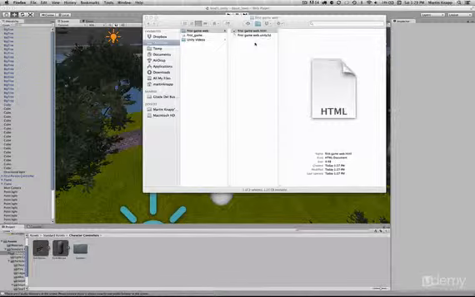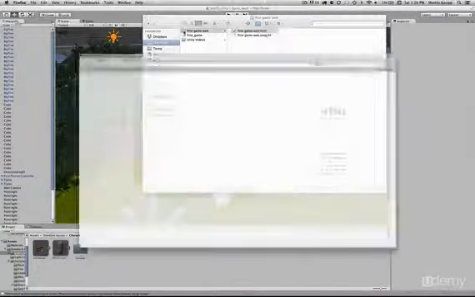So again, this whole series isn't about web development or web design, but I just wanted to take you through the steps between these two methods because you're really going to be sharing your games through either this first method or this second method. So I'm going to give you a little bit of knowledge on uploading files to the web in case you're not familiar with hosting them. The first thing you need to know is, do you have a server somewhere on the web? And if you don't have a server somewhere on the web, then the easiest thing to do is go to